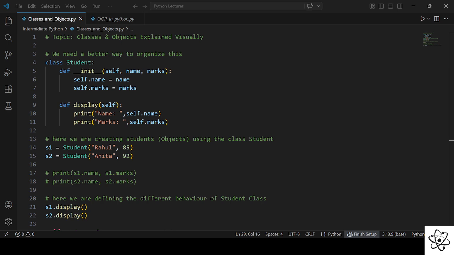A class is nothing but just a blueprint. What is a blueprint? A blueprint is more like a template, or a design. Here, if we are talking about this particular example where we have a class named Student, it defines that. Let me also put in some comments. Here, this Student class